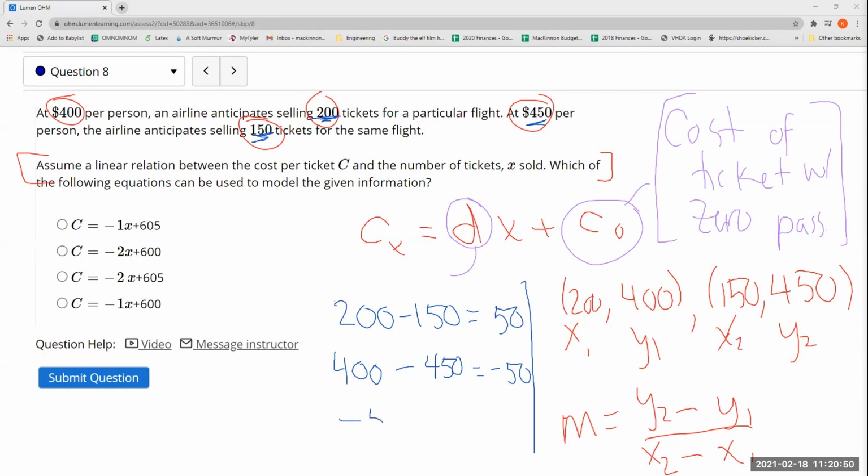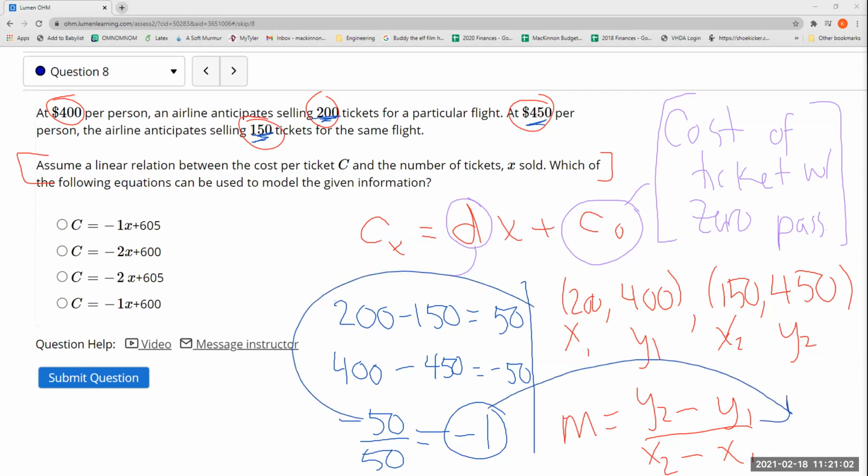So let's see what that means on a per ticket basis. Every ticket I sell, I lose $1 in cost. Guess what? You would have gotten the exact same thing if you plugged that formula in. If you look at what you did here, you did exactly that. This is just kind of not as intuitive a way to think about it. So I already know my D value is -1,